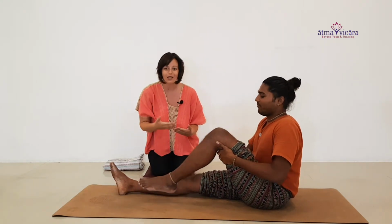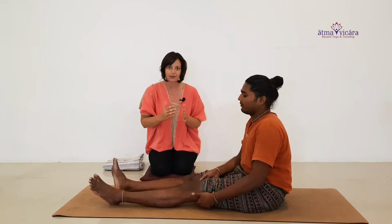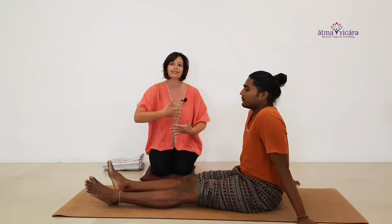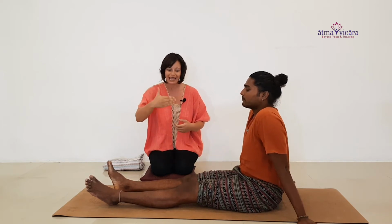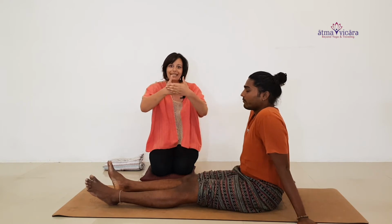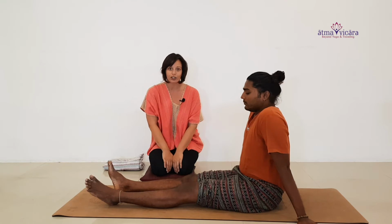You want to do this on both sides of the leg, and you want to do it at least 5 times to begin with. And as you start to build more mobility in the knee joint, you can even extend it up to about 10 or 15 times to get that mobility in the joint going. Make sure that those hands are wedged up there in the knee joint so that you are compressing into the hands. If that doesn't feel good for the knee,